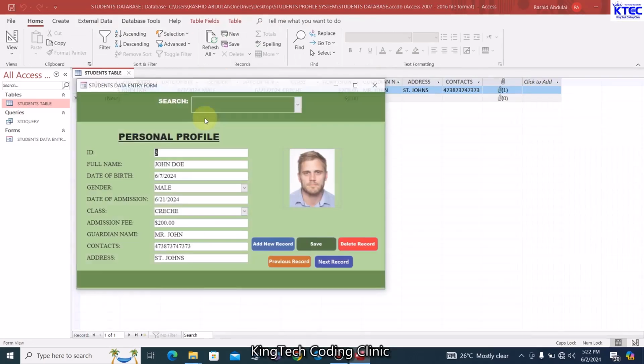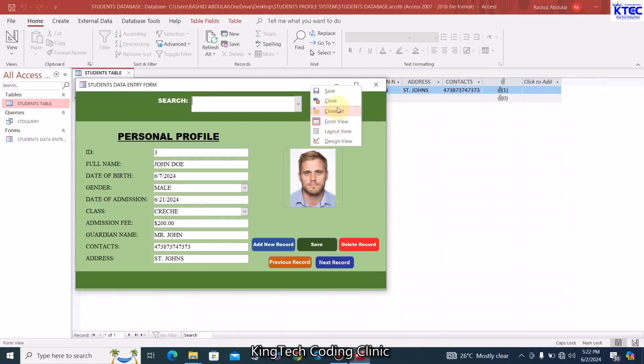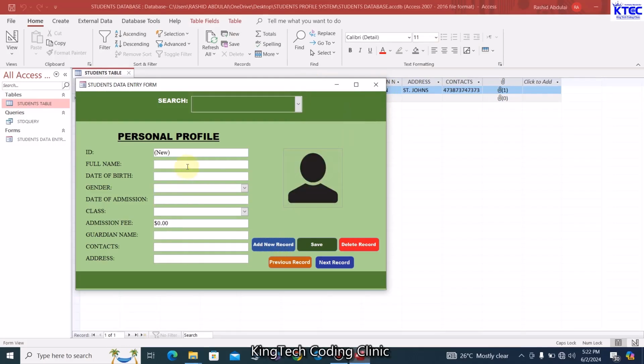Right click, and then let's view our form. So we click on this. We should have some names popping up here. However, we don't have any for now, but don't worry, we'll get that up and running. So now let's switch back to design view. But before that, let's click on add new record to see something here. Okay, for now we don't have any name, so don't worry, we'll get some records. So let's add some name here, maybe